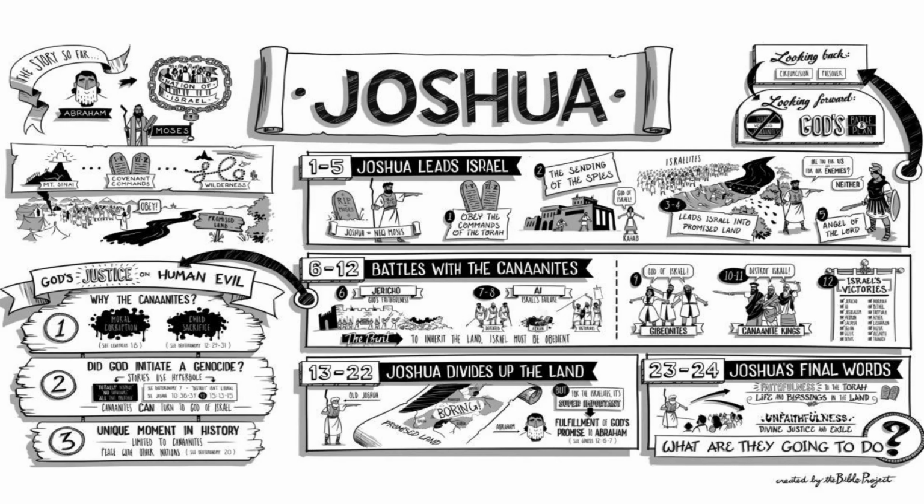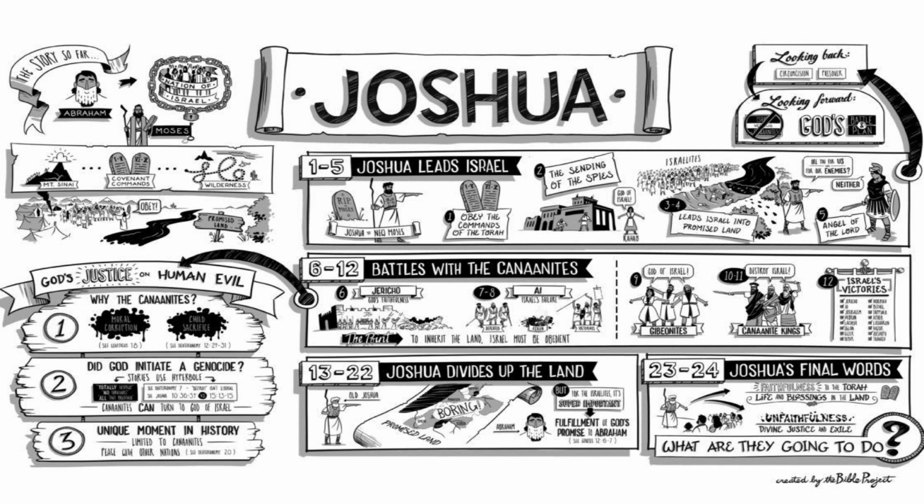Bible Project has a pretty good pictorial. We began to look at this chart, the story so far. We've seen Abraham, we've seen Moses, we've seen Mount Sinai, the covenant given, of course, Exodus chapter 20, the re-giving in Deuteronomy we just covered, wilderness wandering, and in there they were at the cusp of going into the promised land in Deuteronomy, now to obey. And I would say that chart probably needs to be turned around because they should be on the right side instead of the left side. But anyway, we'll leave it as it is.